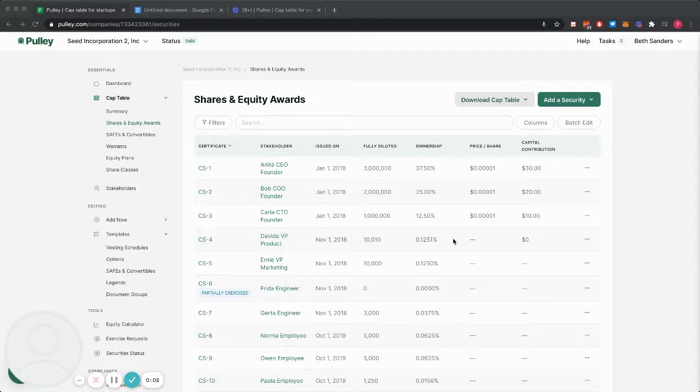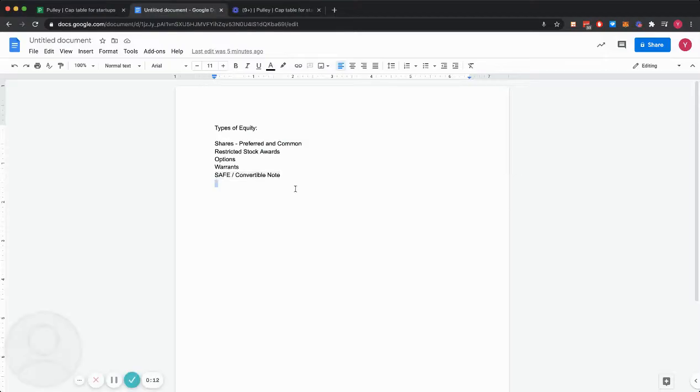So in the last video, we talked about the different types of securities. In this video, we're going to dive into more like when do you give what type of security to different people. So if we think about the life cycle of a company, the way it works is that first you incorporate, then you give shares to founders, give shares to early employees,